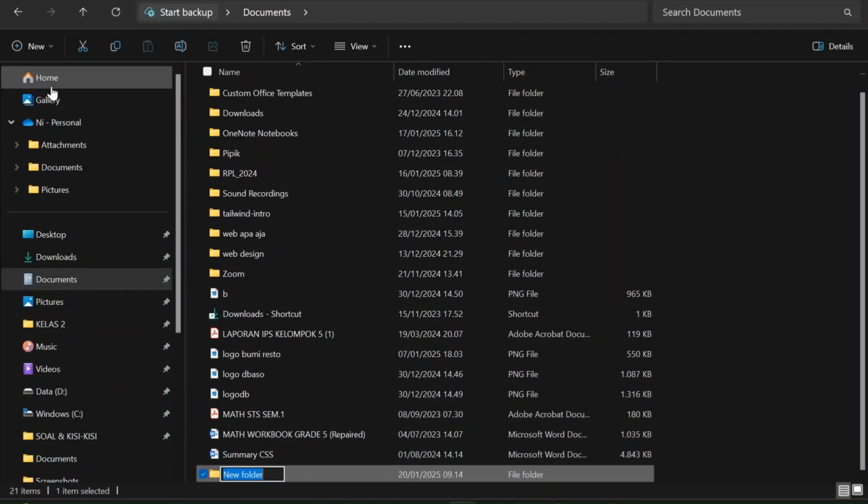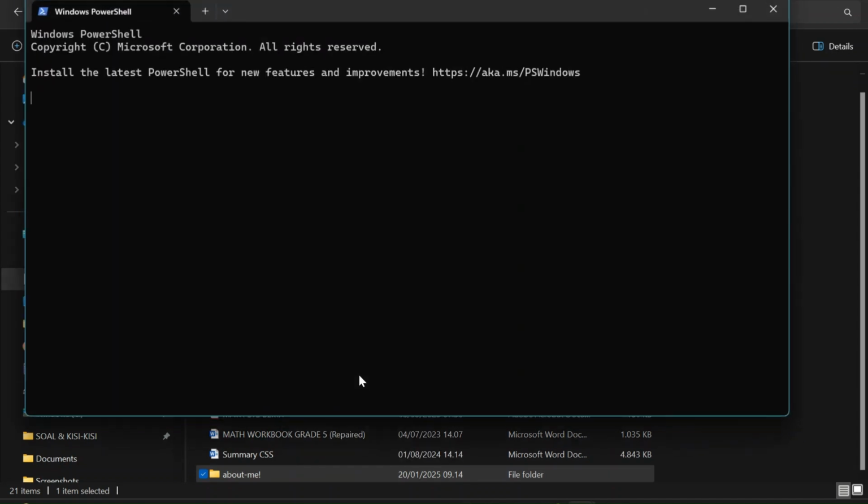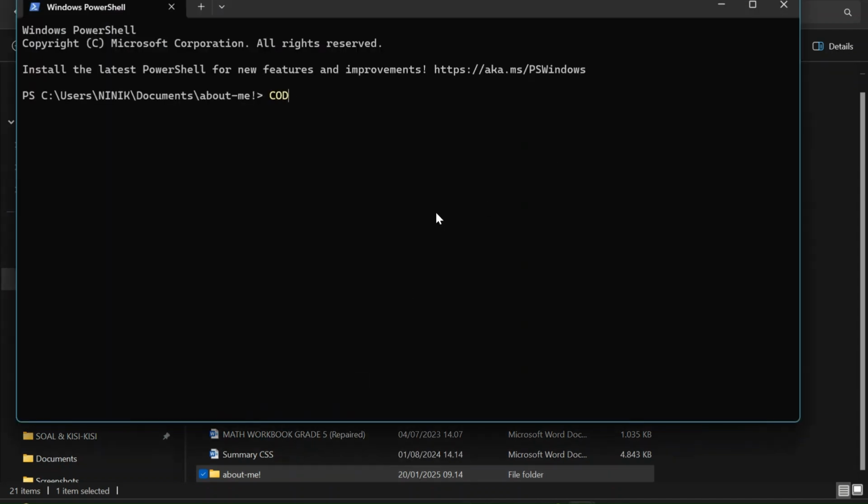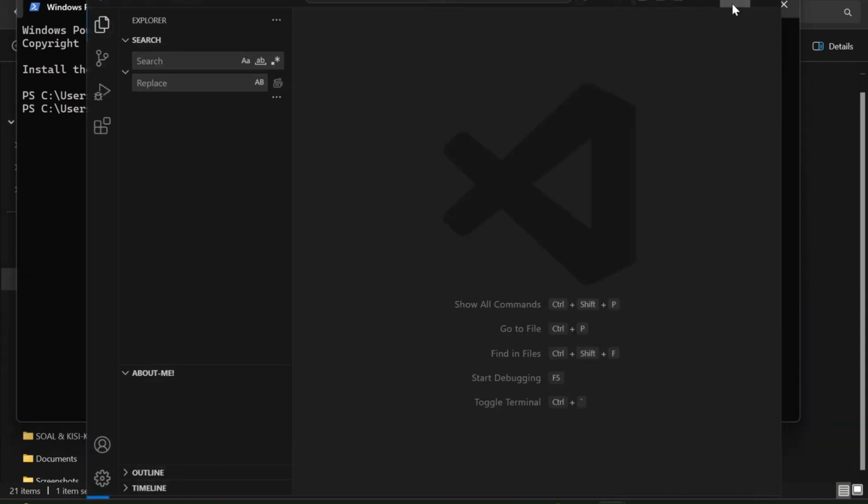We will create a folder first for the website that we will create. You can right click and open in terminal and type code space point, and Visual Studio Code is opened.